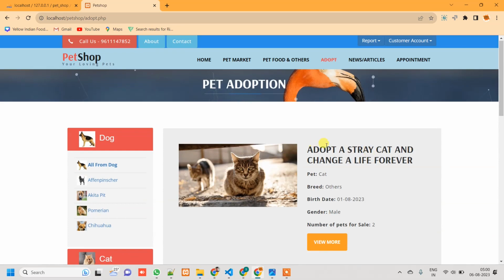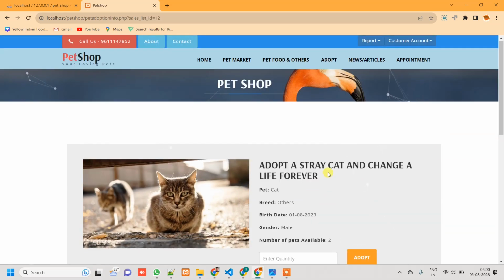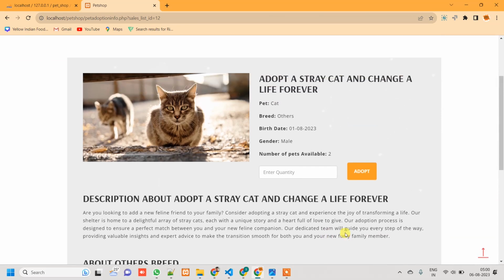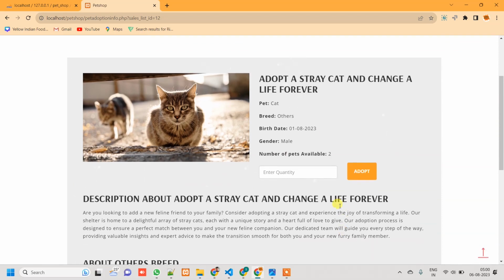If they want to buy or adopt any of the animals, then they can click on view more and add the number of animals they want to adopt, and they can also view the details in the description. Once they add the number of animals they want to adopt and click on adopt,